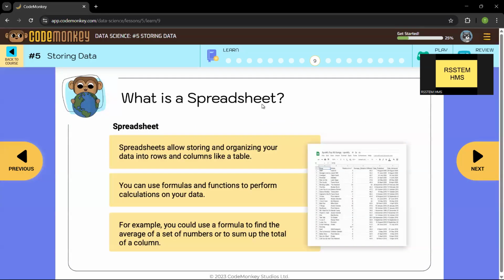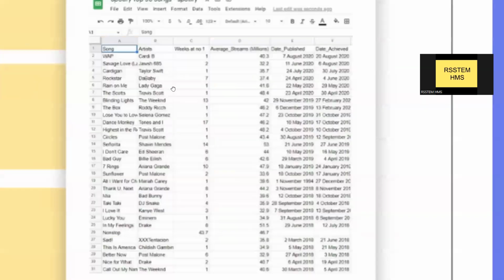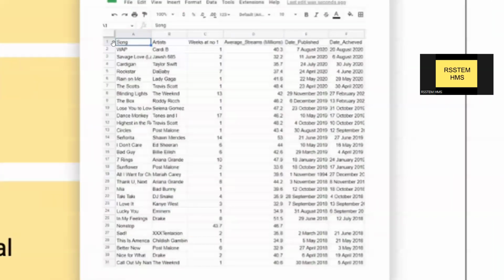A spreadsheet is a software or program that allows you to store and organize your data in the form of rows and columns, in table form. Now, you have your rows, you have your columns.